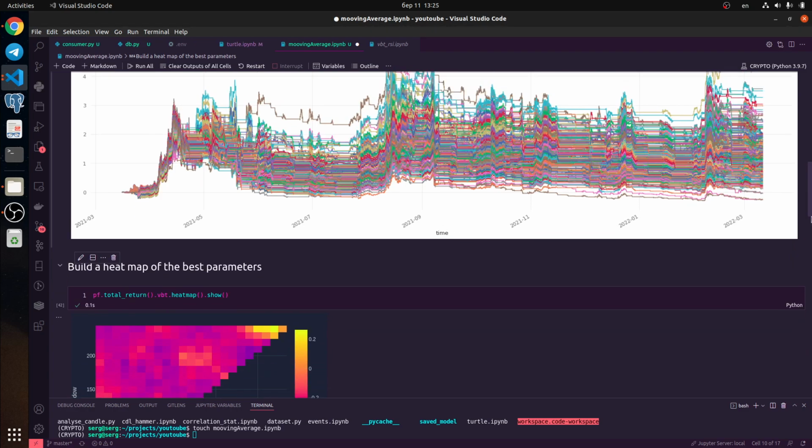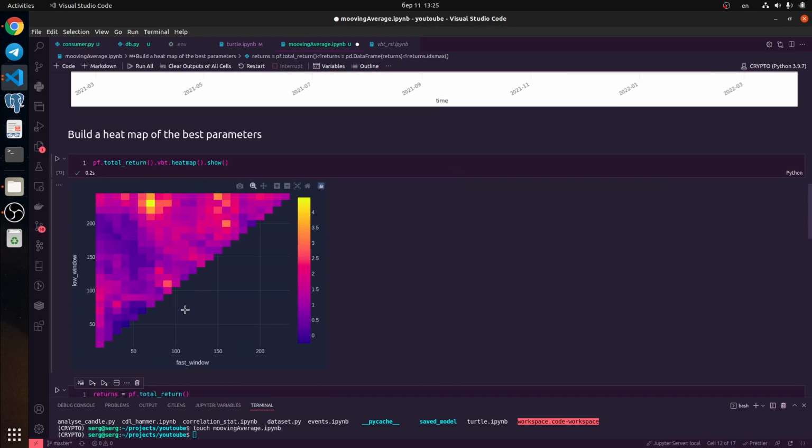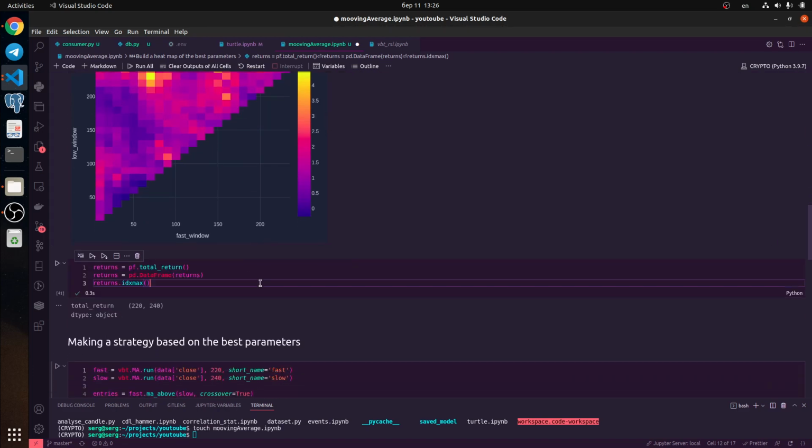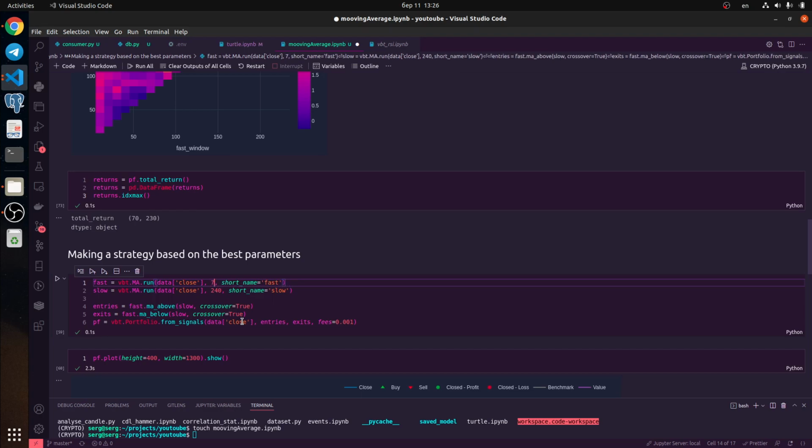Okay, let's create this heat map. Let's do it. Okay, and you see we have a different heat map. In the previous one the best results were here, but in this case the best parameters are here. Okay, but in general we need to find the index in the map. Okay, this 70 and 230. Okay, it's good. Let's indicate these parameters here and create the best strategy on Ethereum USDT